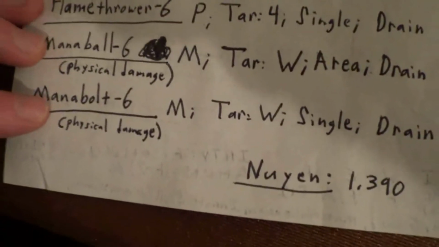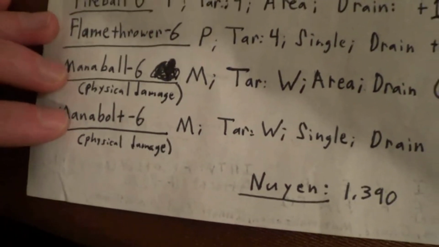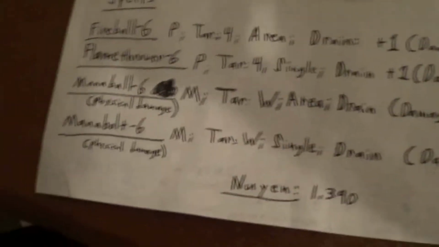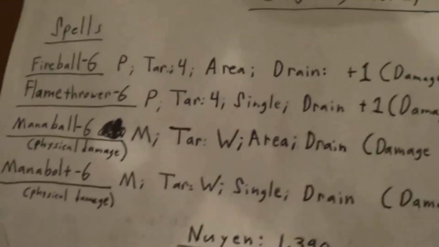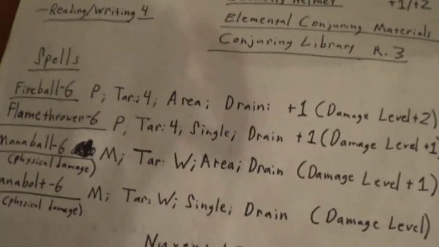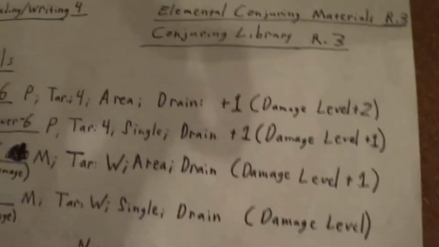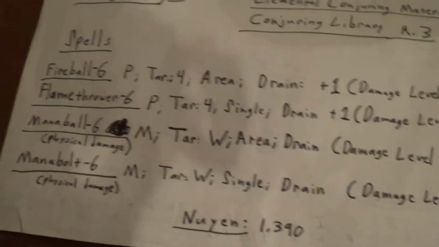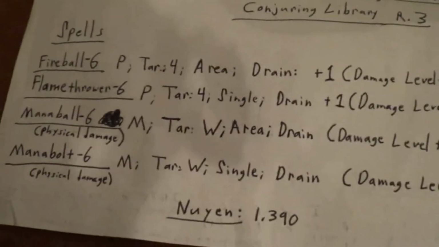Same thing for mana. The mana ball and the mana bolt. It's the same thing. Mana ball is an area spell. Mana bolt is a single spell. Which one will Leafletter choose? He chooses the mana bolt. Mana bolts cannot be dodged because they are combat spells. And also, you cannot use combat pool to resist the damage. That's why magic is awesome. Anyway,